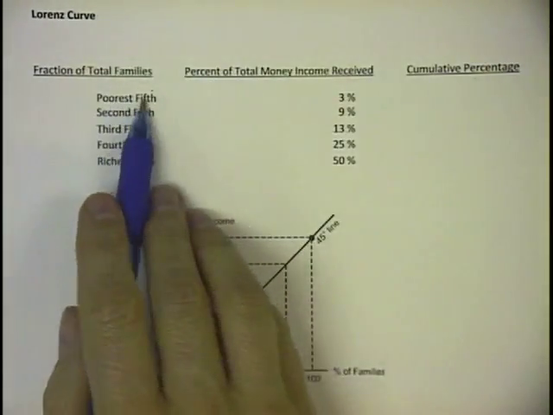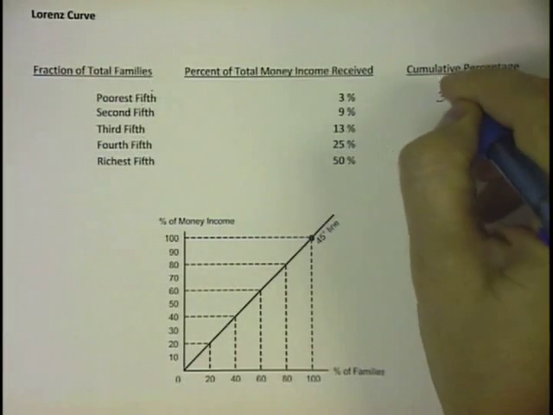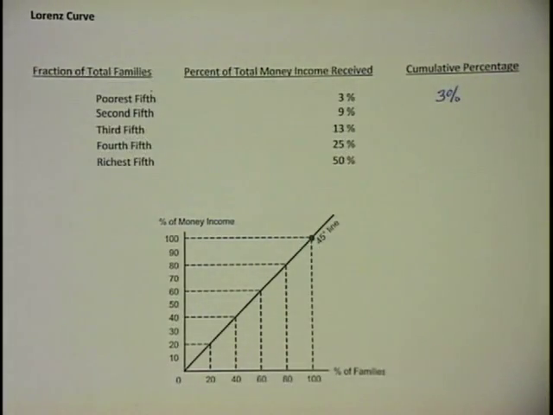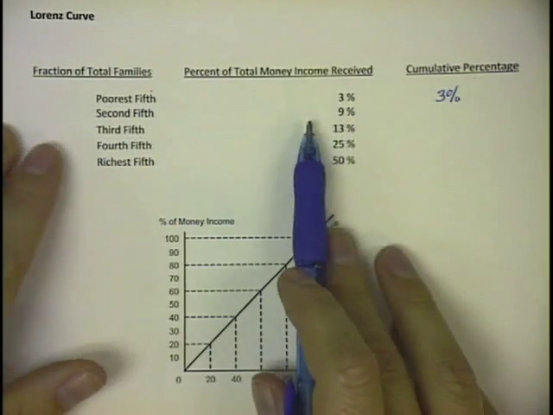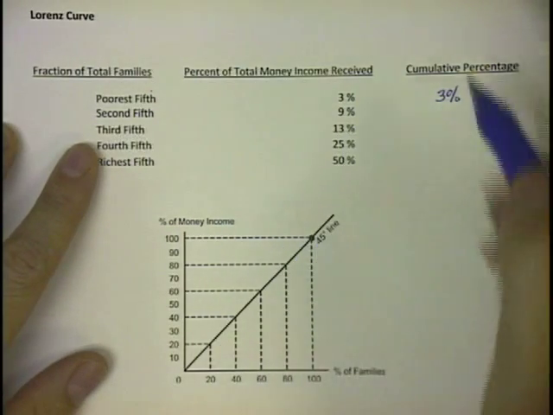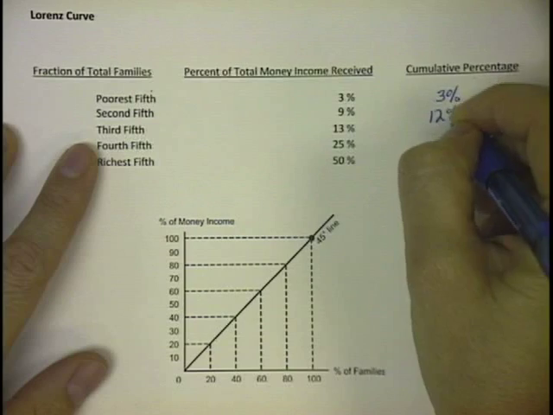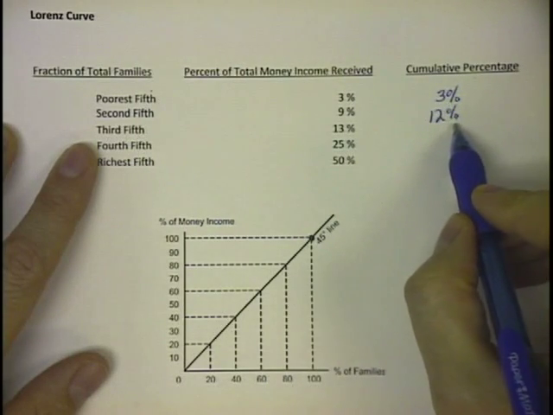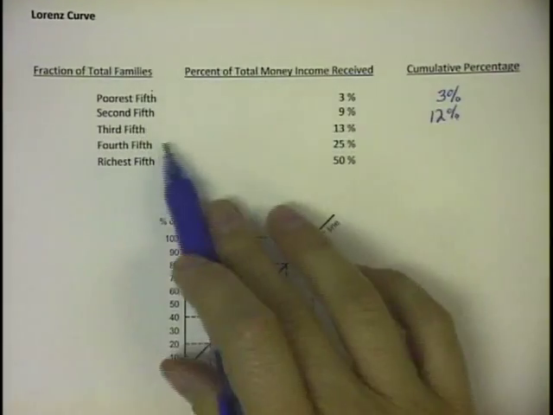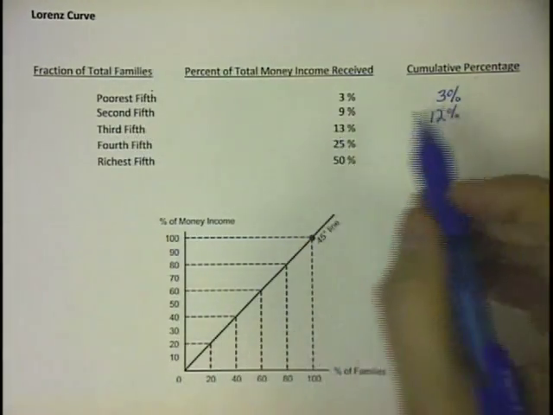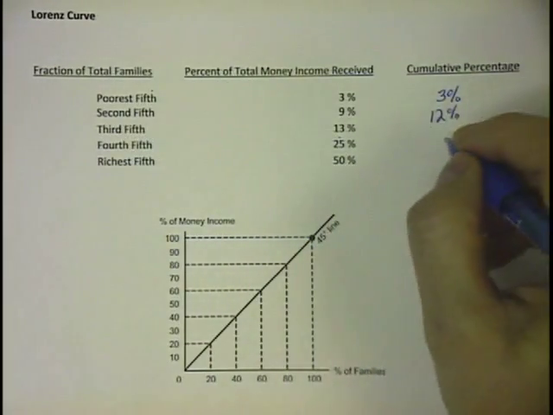The poorest fifth earned 3% of all the income earned in this particular country. The second fifth, next to the bottom, would be 9%. So we're going to add that to the 3%, so 12%. This 12% is how much the bottom 40% earn. If we add in the middle there, we add this 13 to the 12,